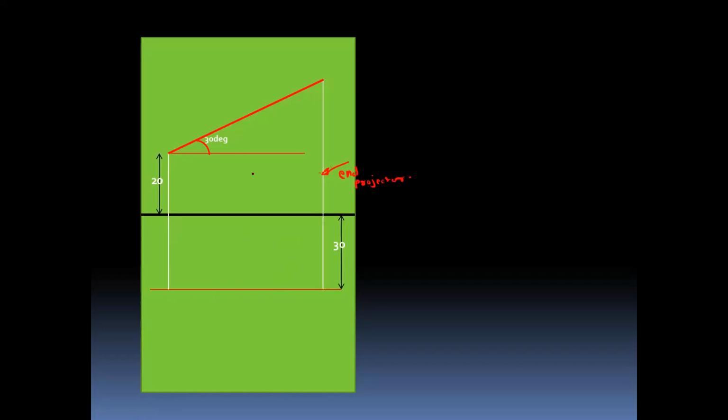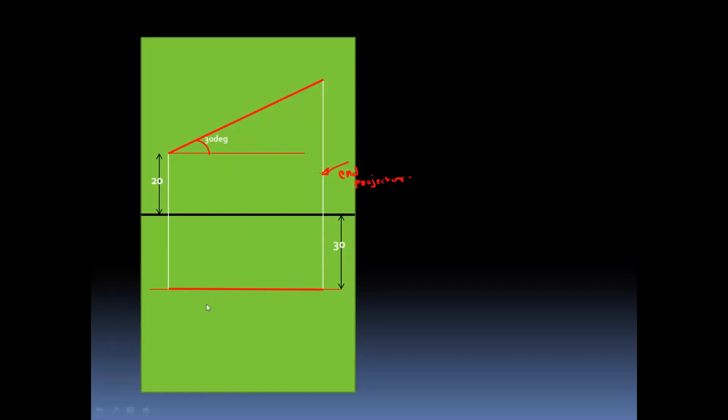So the end projector will give the distance or dimension of the top view. Now we just have to connect these points, or you can draw one continuous thick line like this. You can observe here in the front view, we get the maximum dimension. That maximum dimension is nothing but the true length. And in the top view, we get one reduced view. That is called the plan length.